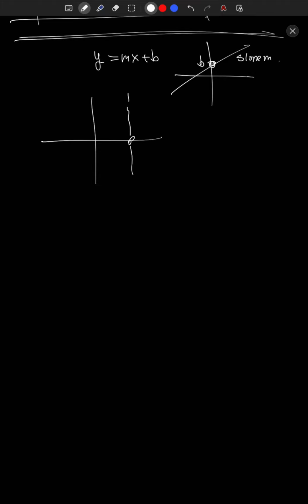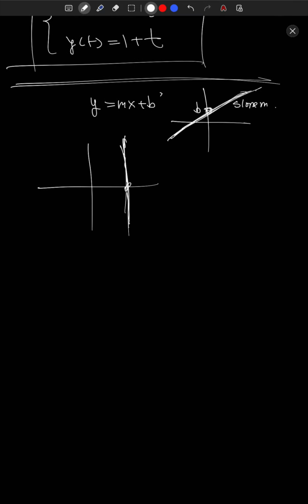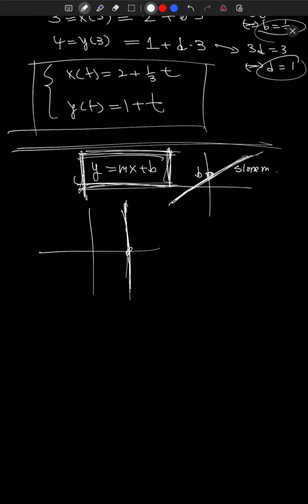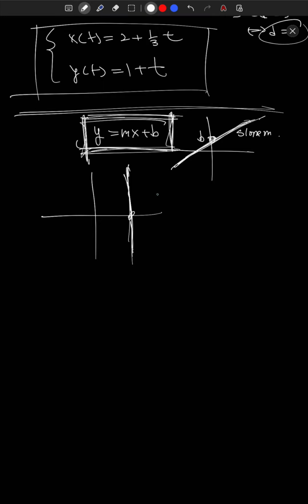So if you did want to work with a situation where any kind of line could arise, not just necessarily the good ones, y equals mx plus b, but where vertical lines are also legal, then you can't count on y equals mx plus b to be an equation that describes everything, right? So how would you do it? Well, this parametric equation business can describe any line. So if I want this vertical line, for example, then